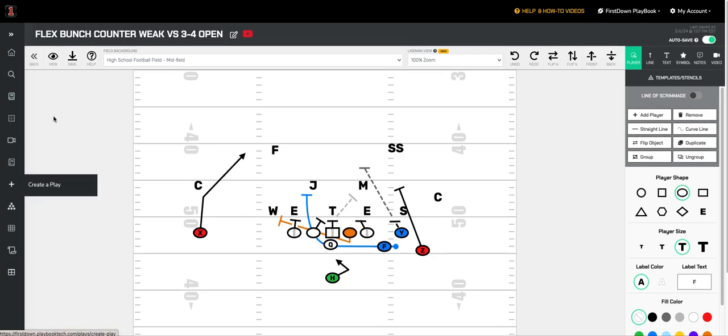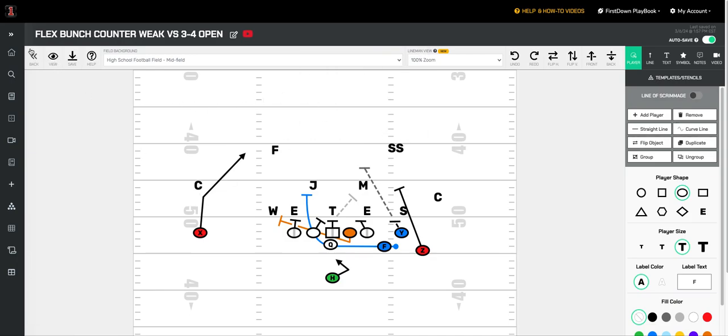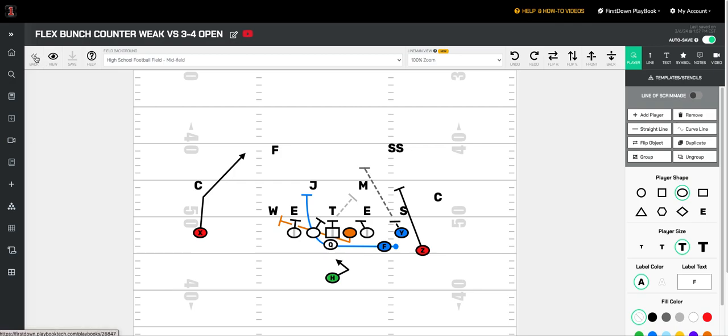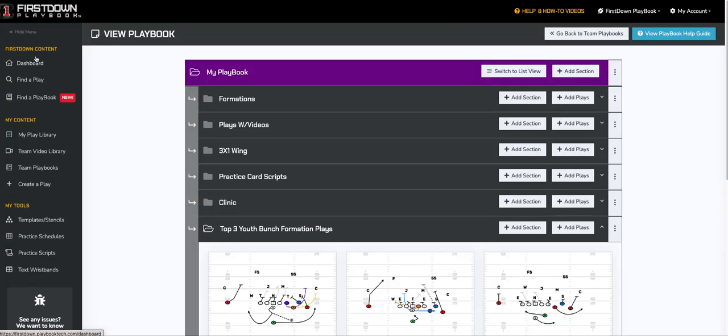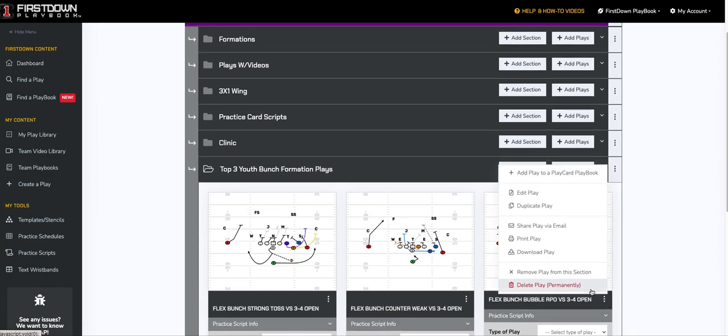Let's just go ahead and save this, because I did change that route right there. Oh, I don't want to leave. I want to save it. So now that play's saved, let's go ahead and go back to our playbook. Have our last play. I said top 3 youth bunch formation plays here inside of FirstDown Playbook. The last play I want to talk about